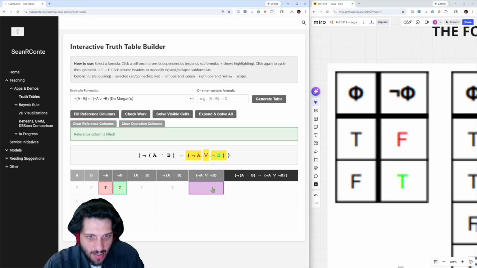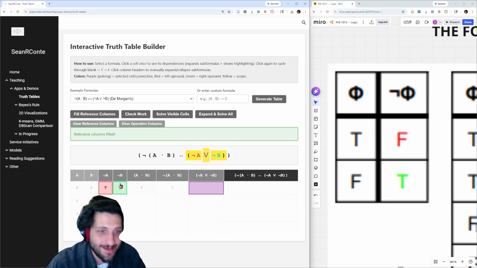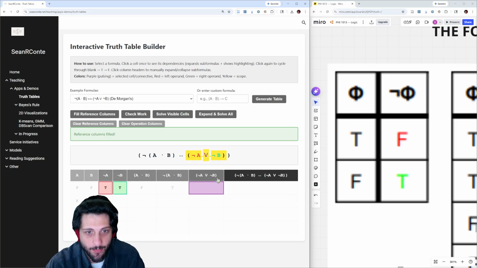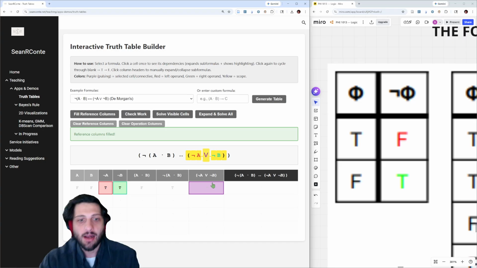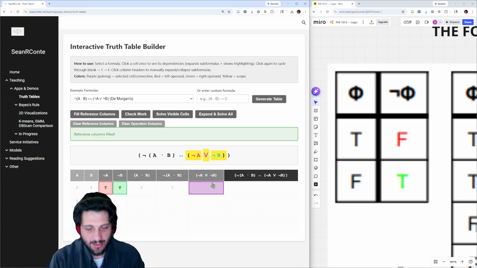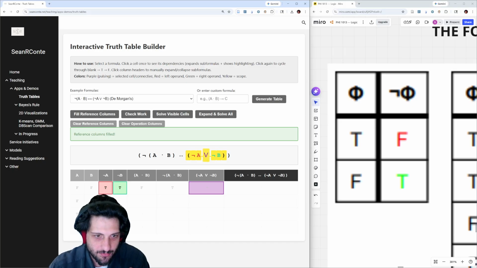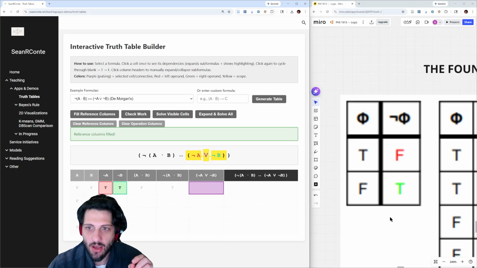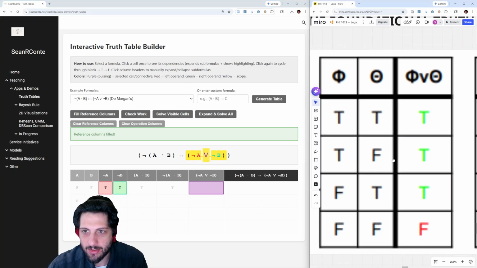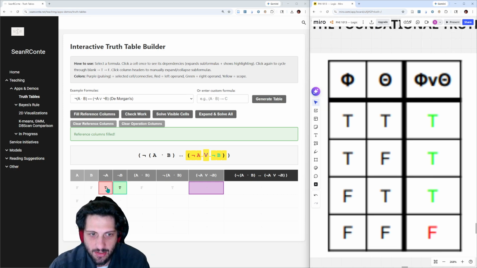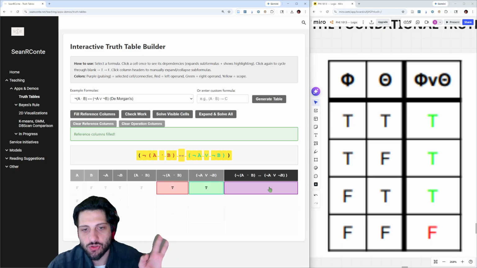So now I come over here. Now I can do my OR, because now I've filled in the actual operands, the actual left and right hand side. A is not the left side, B is not the right side. Not A is the left side. Not B is the right side. So that's what we want to be recognizing. So then I say, okay, I've got this OR statement. On the left is a true, on the right is a true, so that tells me, cool, I've got a true. Now I can finally do the big